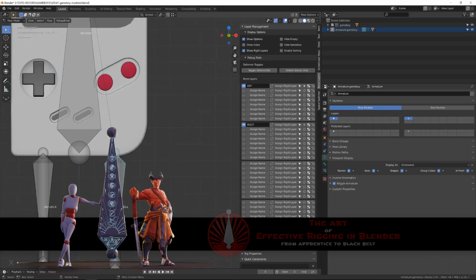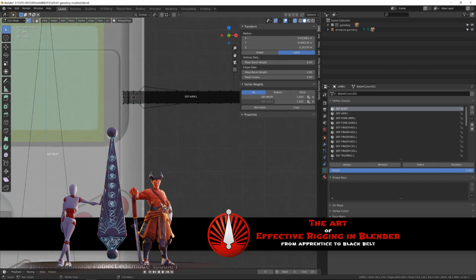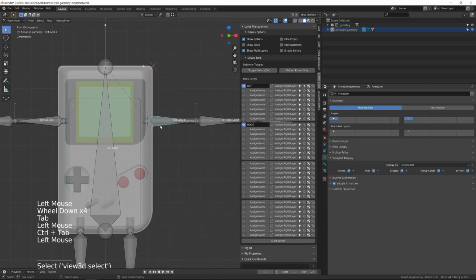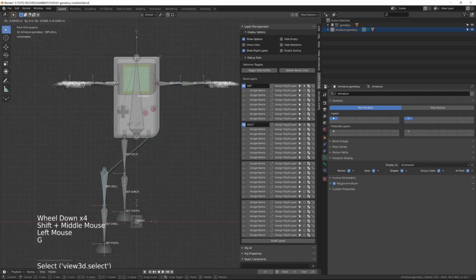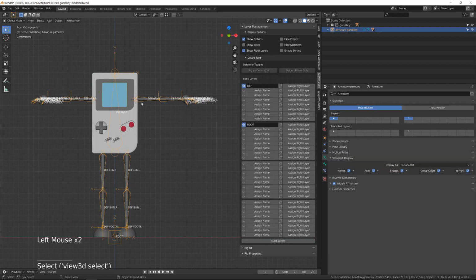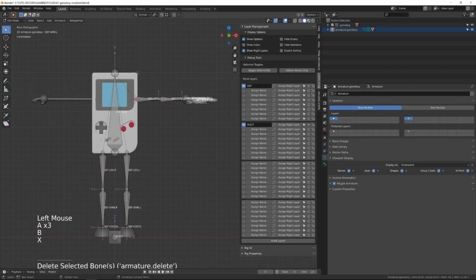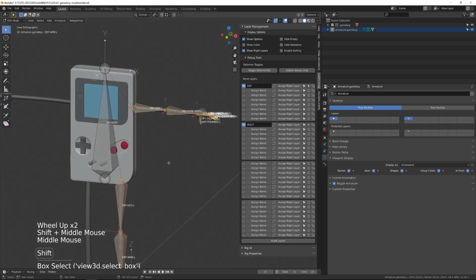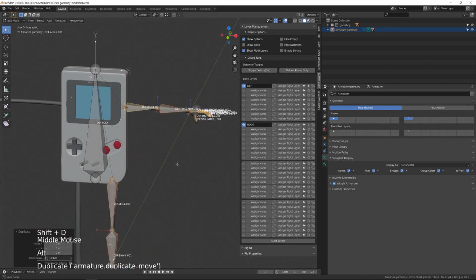Once you're done, select all the bones and press Alt R, Alt G, Alt S to reset any rotation, scale or translation you would have created in pose mode. If you feel like everything behaves properly, get back into edit mode and get rid of the right bones. The idea is that we will create the mechanism in the next video and we will work only on one side. Once we are done, we will just have to symmetrize everything.